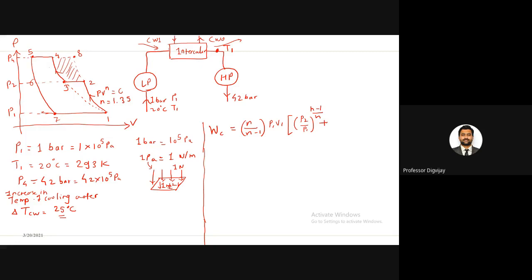then we have to take the high pressure compressor pressure ratio, that is, the pressure ratio of the compressor at the high stage. So that will be P4 divided by P2. P4 is the discharge pressure of the higher stage, divided by P2, that is the intermediate pressure, raised to again n minus 1 upon n, whole minus 2. Okay,